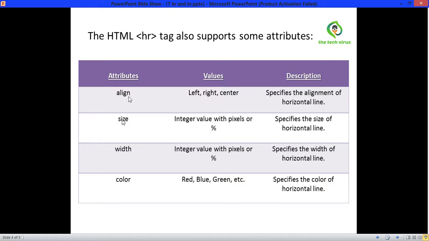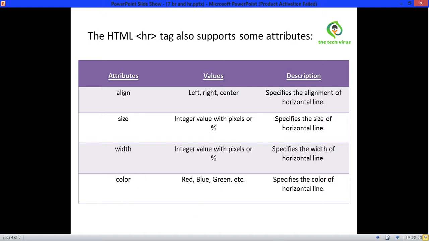First one is align tag. This align tag specifies the alignment of horizontal line, which is left, right or center. You can also specify the size of horizontal line using size attribute. Width attribute specifies the width of the horizontal line and color attribute specifies the color of horizontal line.